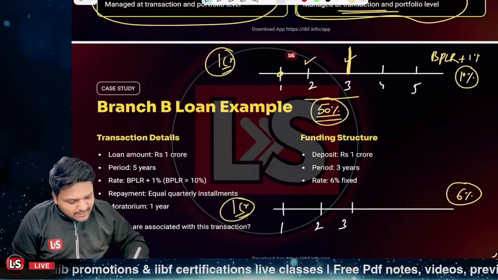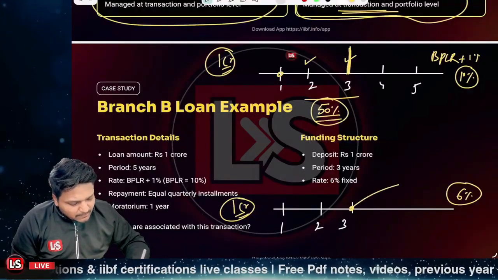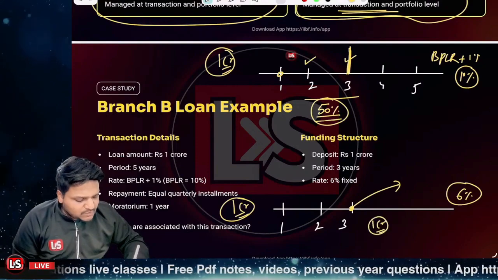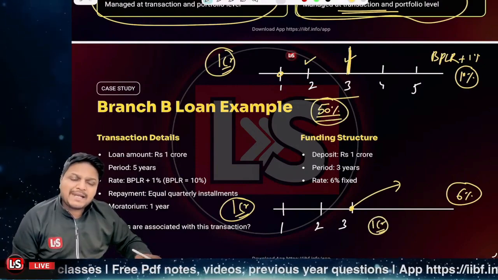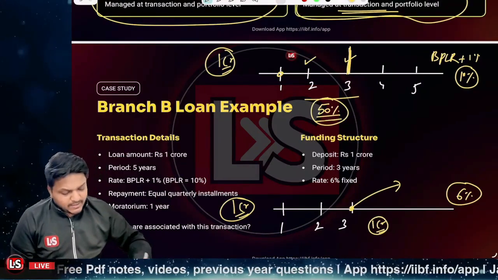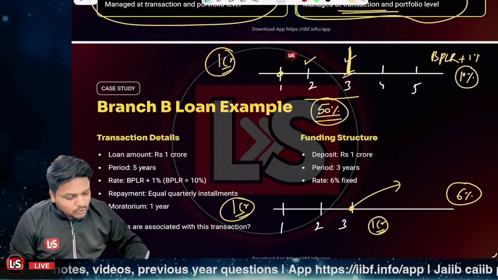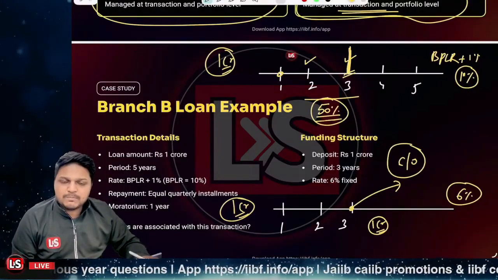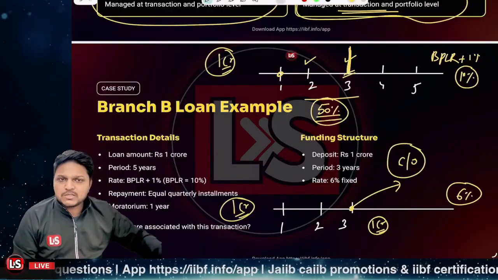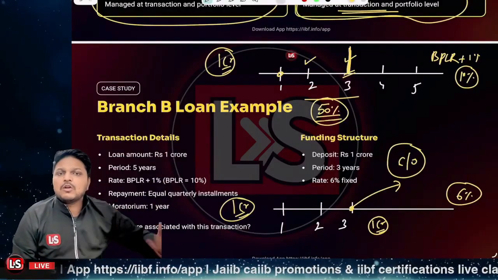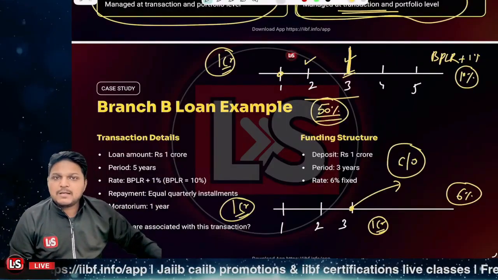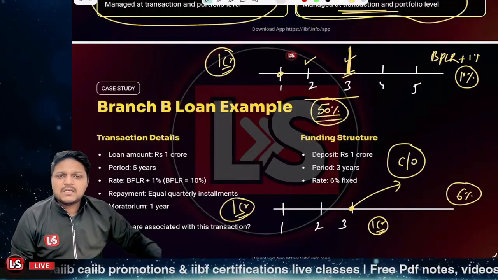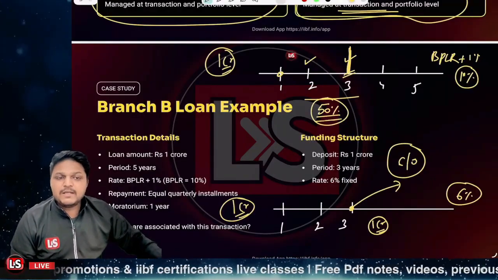And here the scenario is that after 3 years, the amount will be paid to the customer. So the 1 crore amount is being paid, but the bank has already lent the amount to the customer. Here the amount is already lent, so we need to replace these net cash outflows. Whatever amount is to be paid back to the depositors has to be taken care of, right? We basically have to replace those cash outflows, the net cash outflows. That is the funding risk.